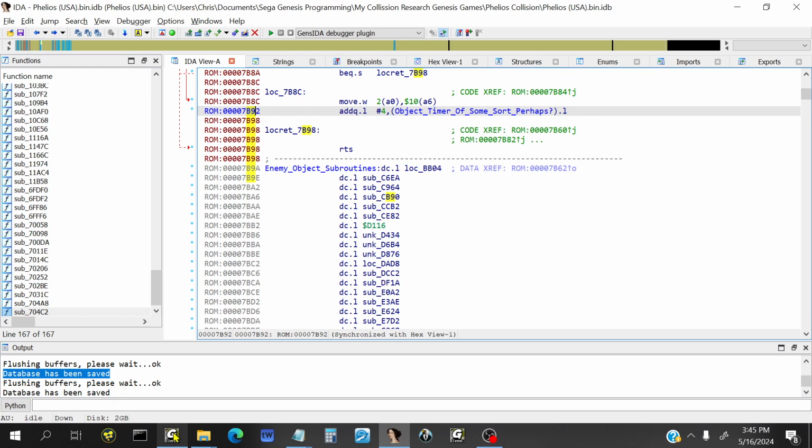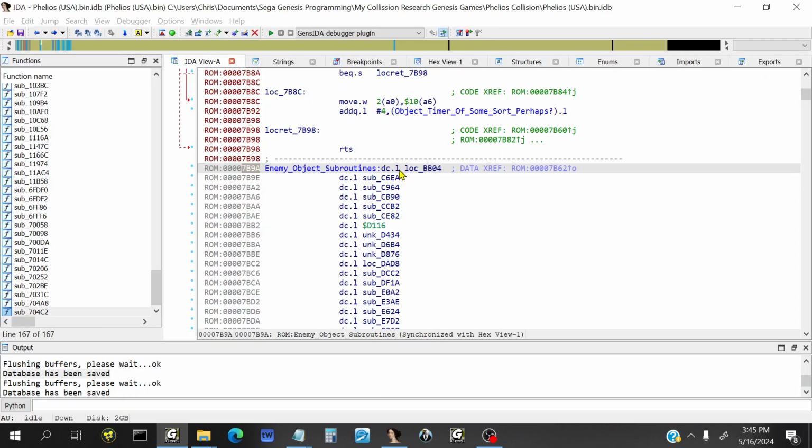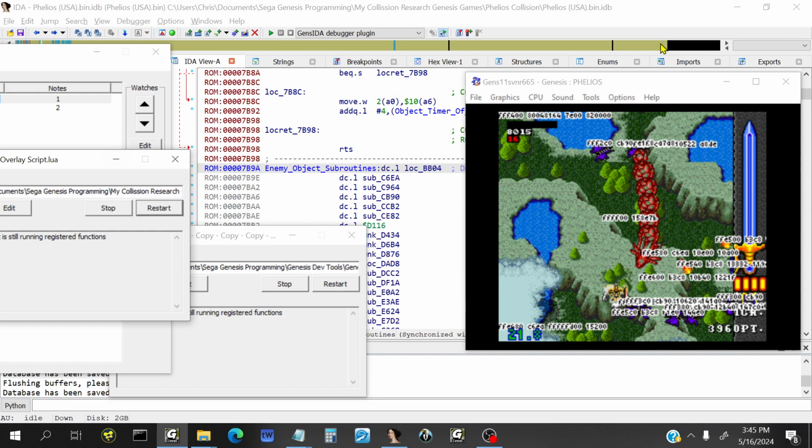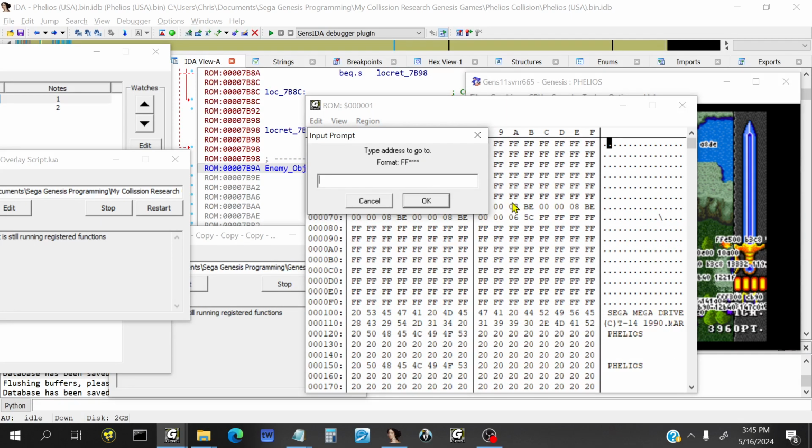I'm going to do that in the hex editor in the emulator. I know that this list starts at 7B9A. Let me move this over just so I can see this. So I go to region ROM, FF7B9A,